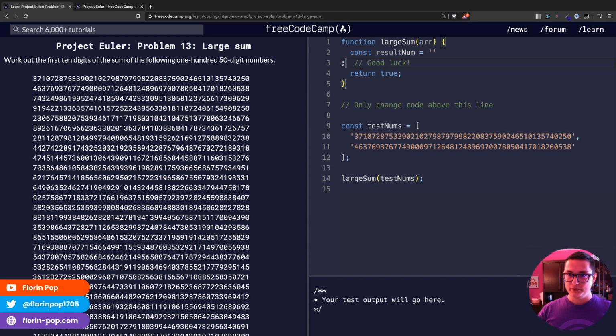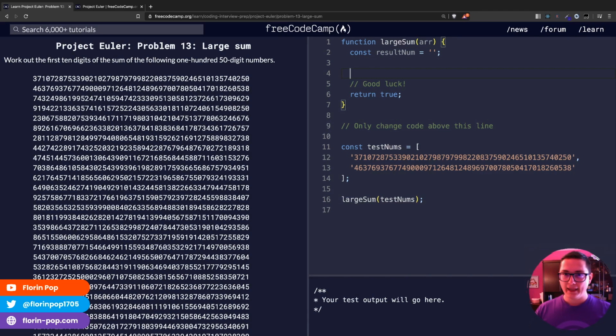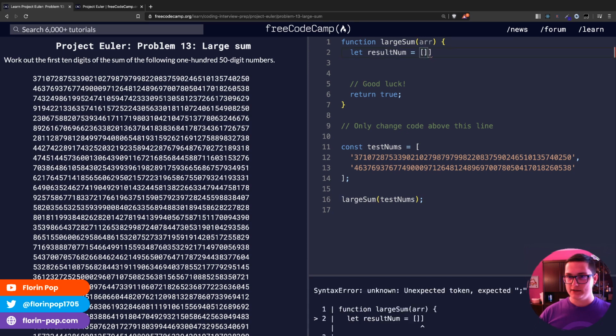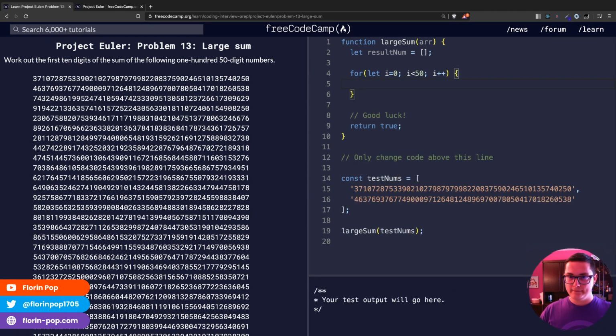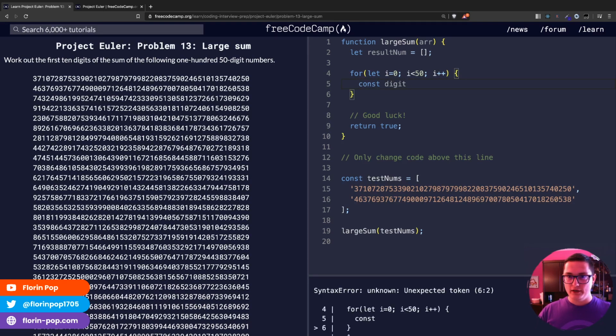Result number will be a string. Well, or we could use an array. Let's try that. So we're going to have an array, and in the test nums we have 2 strings, which is good. So we have 50 digits. We can go for let i = 0; i < 50; i++, and here we can get digit 1 will be